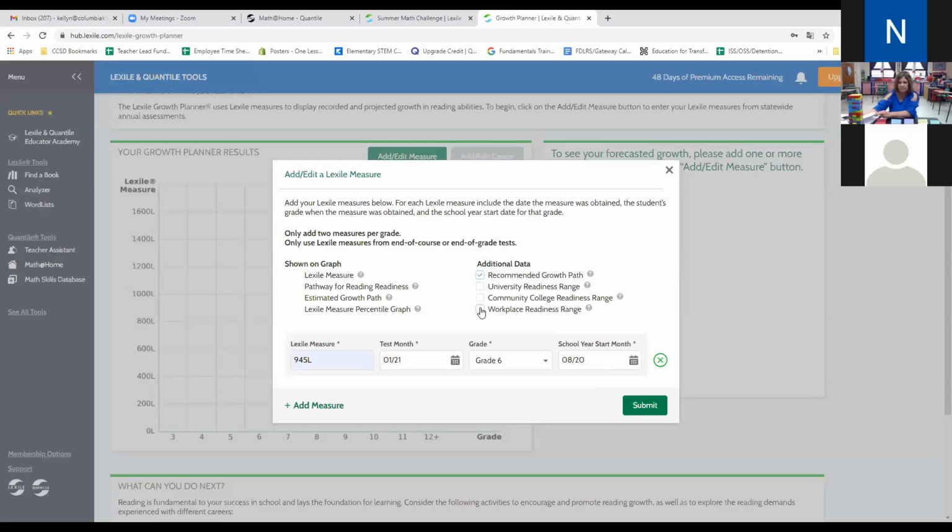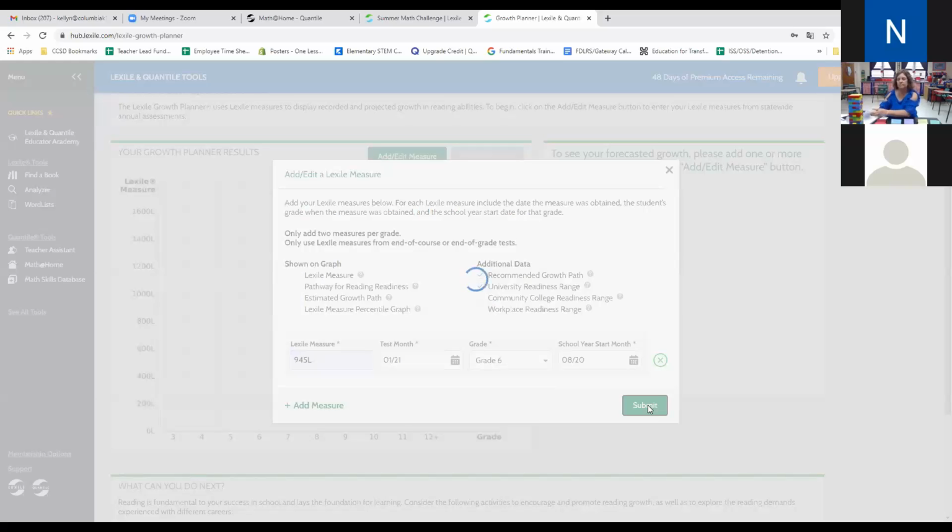If your child wants to pursue a career that requires university learning, you can select university readiness range. If what your child wants to pursue is a path that requires them to enter the workforce immediately, you can select workplace readiness range, or you can select community college readiness range. And I'm just going to select university just to show you what this does. If you click submit,